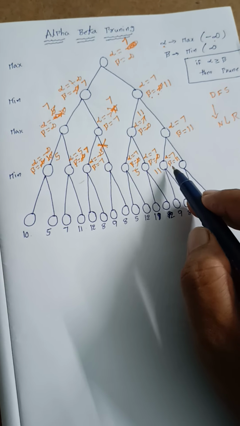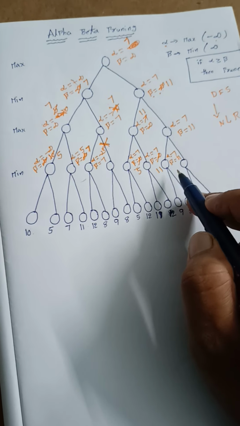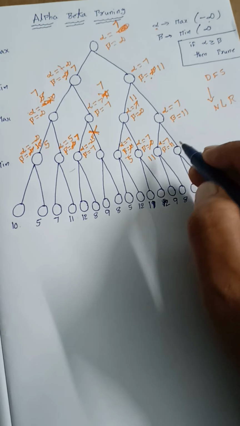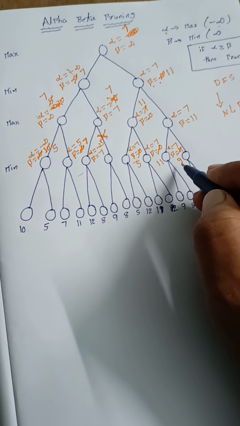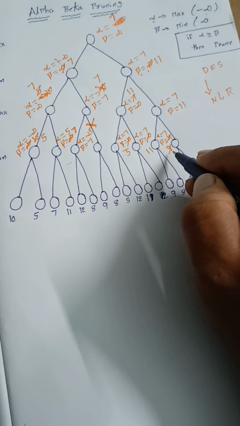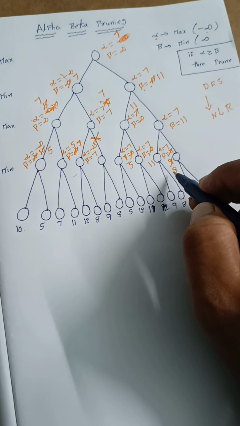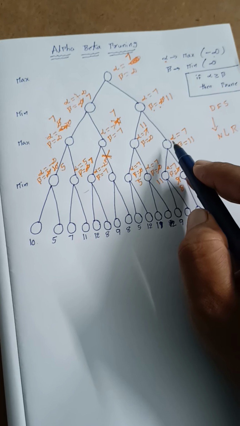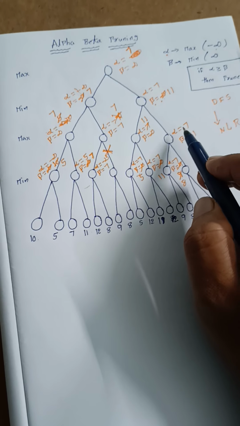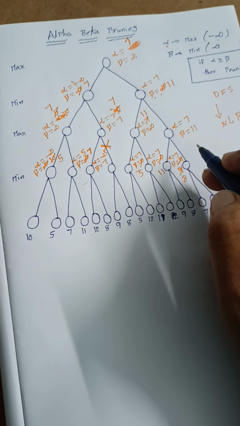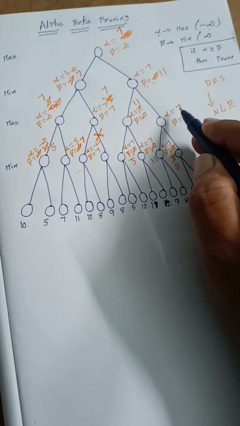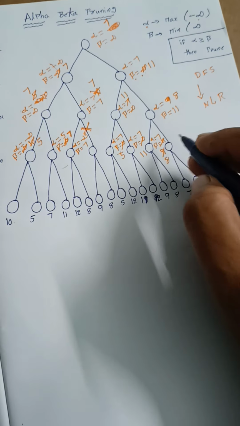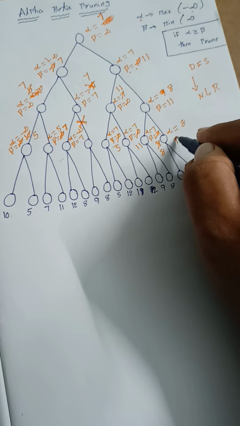Okay, so now please compare. This is related to the minimum value. Minimum means beta. Beta is compared with 9. 9 is the minimum, so cancel the 11 and write 9. Now please compare 9 and 8. 8 is the minimum. So up to now alpha is equal to 7, beta is equal to 8. Now we will move to the top. Here the maximum value will be changed, that means alpha value. Please compare 7 and 8. 8 is the maximum, that's why we replace the alpha value with 8. Now please go to the right child.